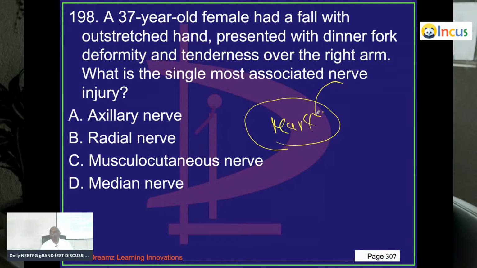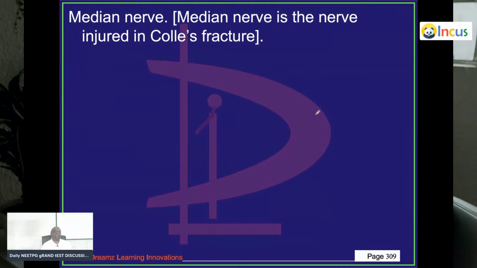37-year-old female has a fall on the outstretched hand. Presented with dinner fork deformity. Tenderness over the right arm. Median nerve. Colles fracture lo median nerve kakunte